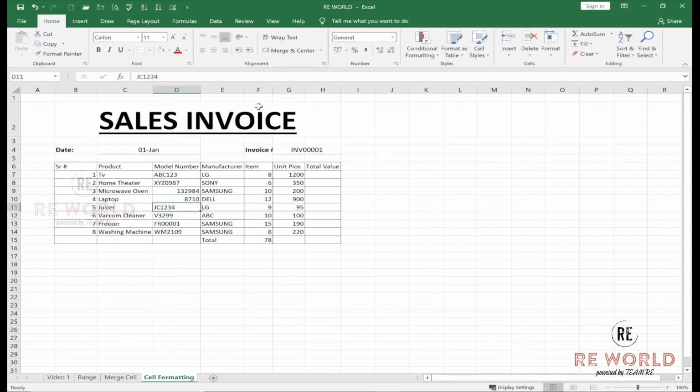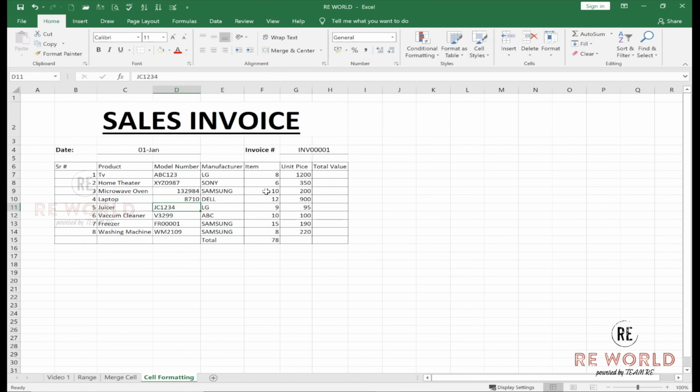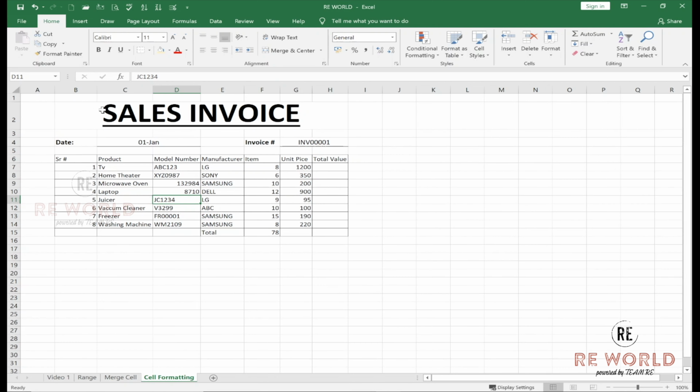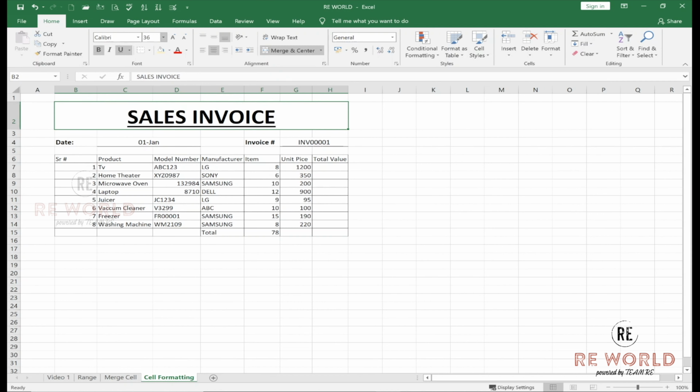Okay, and see this invoice number, now it is also hiding a little bit. Let's expand column F a little more. So this is somehow giving us a better look now. Let's adjust this row and make it a bit smaller.